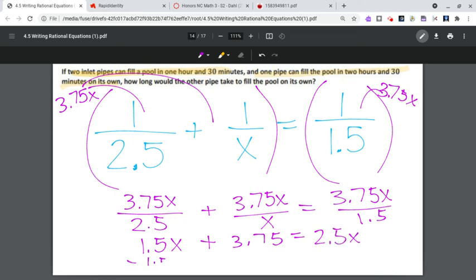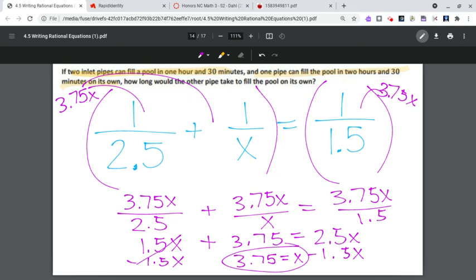Subtract 1.5x, and I get 3.75 equals x. So what that means is 3 3/4, well, 1/4 is 15 minutes, so 3/4 would be 45